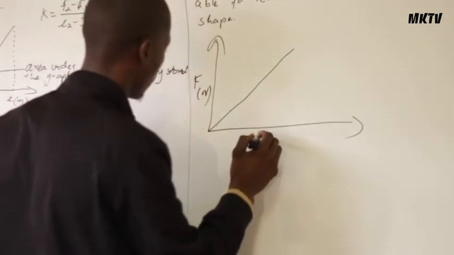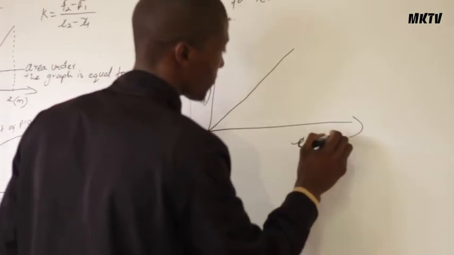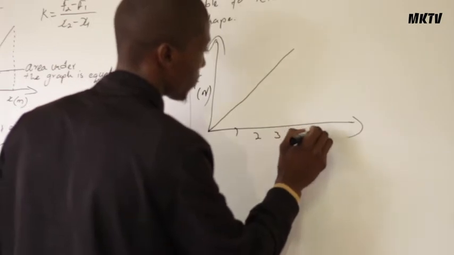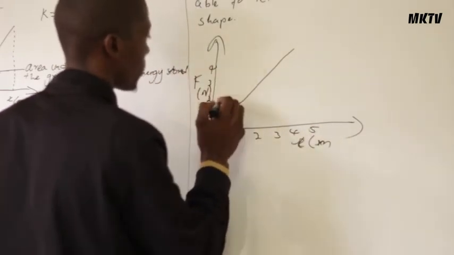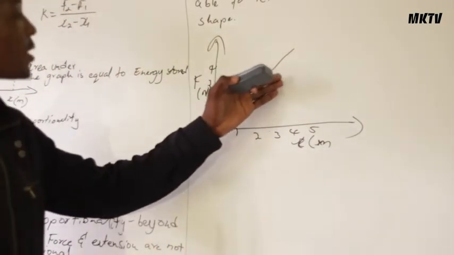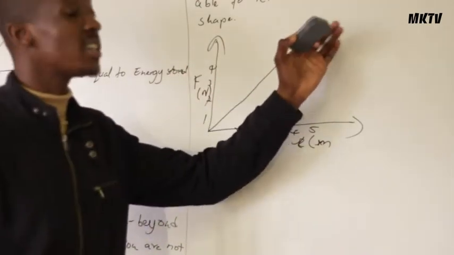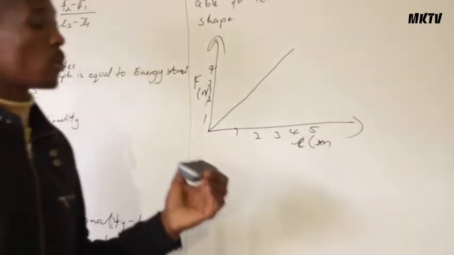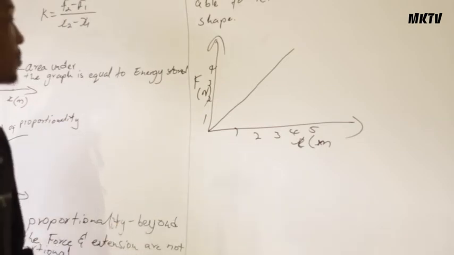The force is in newtons, extension in meters. If you are given this graph for a certain spring and asked to find the spring constant for that spring,